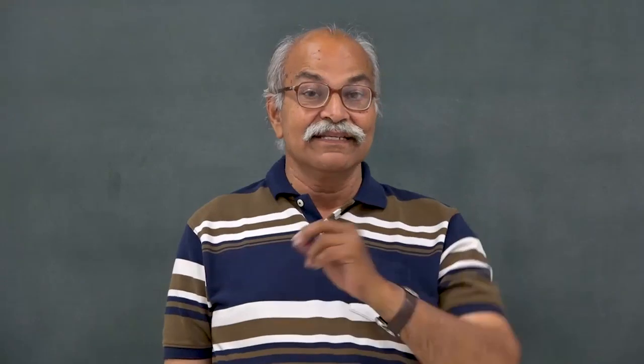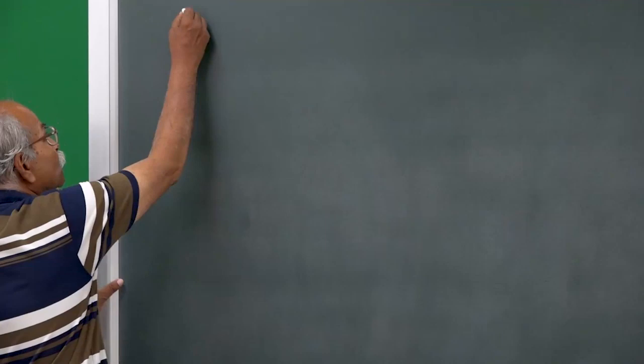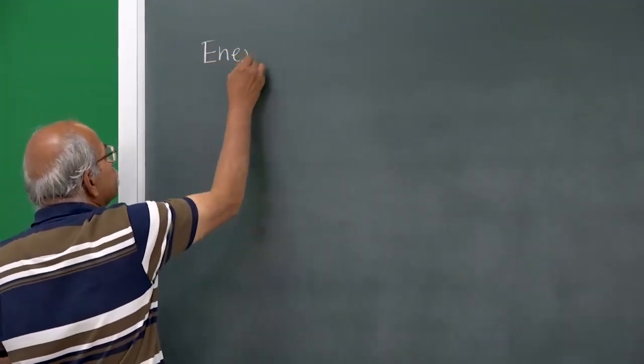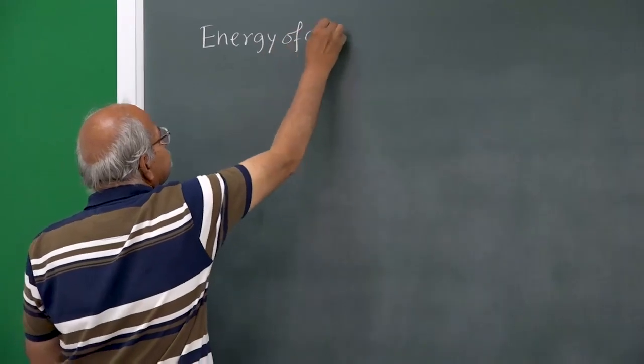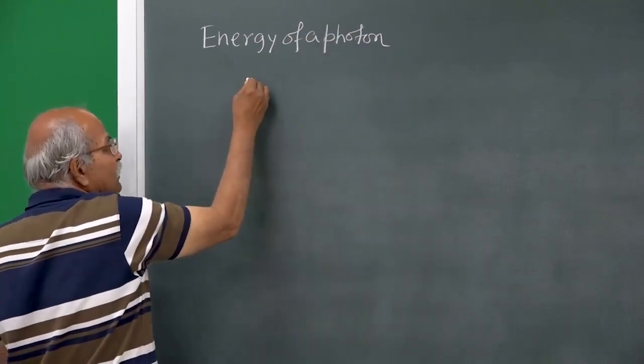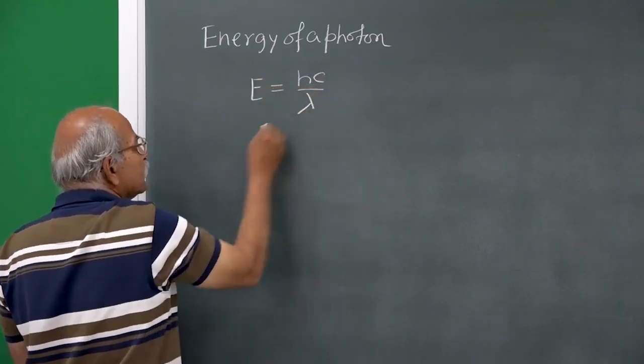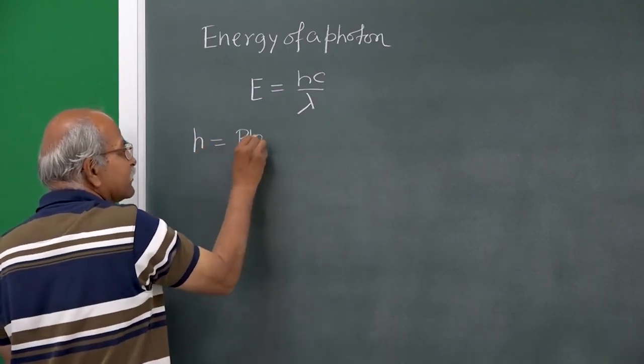The photoelectric effect, you know, is another. Einstein got the Nobel Prize for explaining the photoelectric effect in terms of wave-particle duality. So, when light is treated as a photon or a particle, it has energy and it has momentum. From Bohr's theory, you very well know that the energy of the photon is related to the wavelength as E equals h times c by lambda. h is Planck's constant,